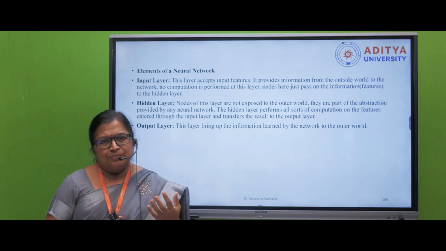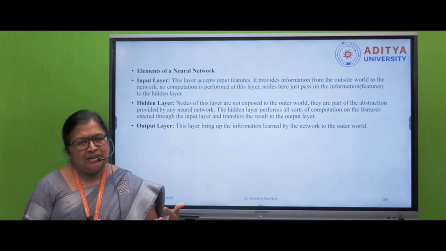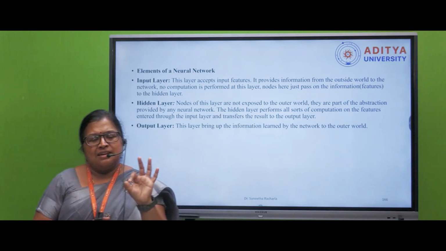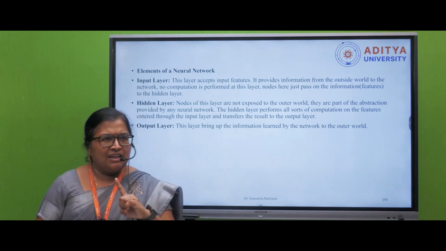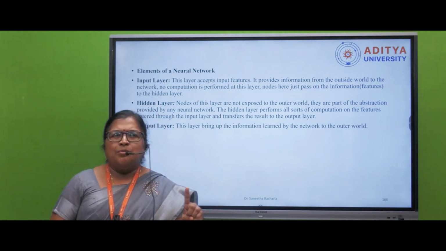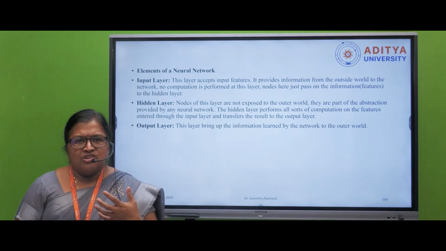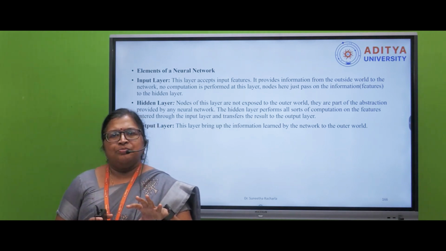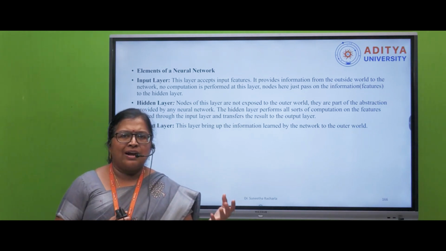The next thing is the main elements of neural networks. We already saw this yesterday, but it is just a reminder. We basically have three layers: input layer, hidden layers, and output layer. On the input layer we don't do any mathematical operation, and no techniques are used. The input layer is just to store all your input information and pass it to the next layers. There won't be any functions or operations on the input layer.